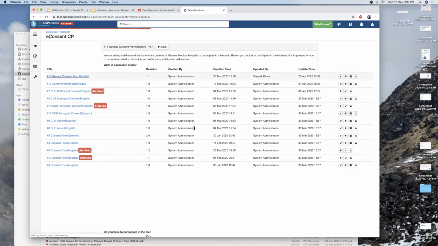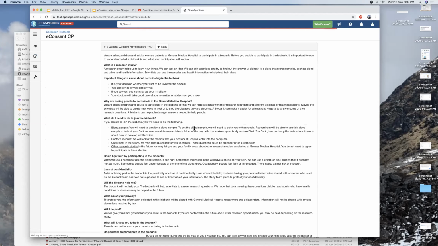So what this means is that because HTML is so flexible, you can pretty much design whatever you want in whatever formatting. Suppose you want red font and underline something to make sure it is noticed. All those kinds of things can be done in the consent form itself. So it is very flexible.